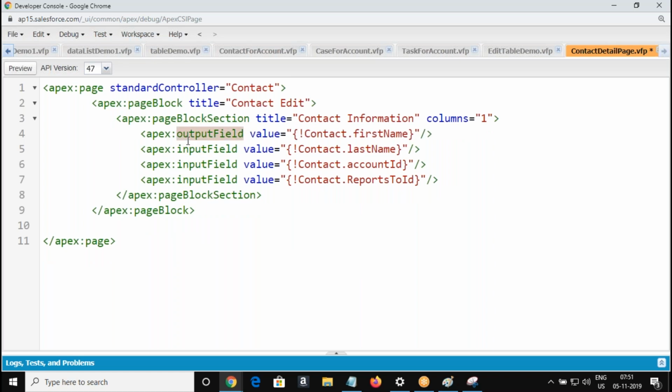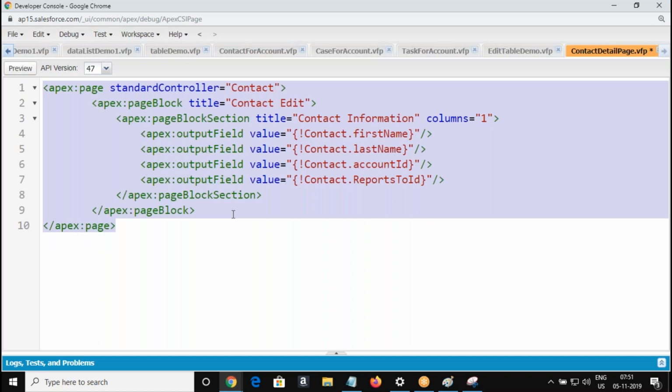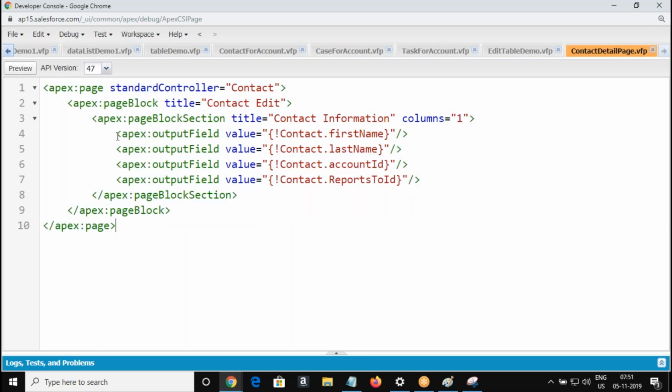To save time, I just copy pasted. When you do it, try to type each and every line on your own. Okay, do not go with copy paste. Even the suggestion is not to copy the component also. Even if the component is repeated, try to type it on your own. So this is a page.